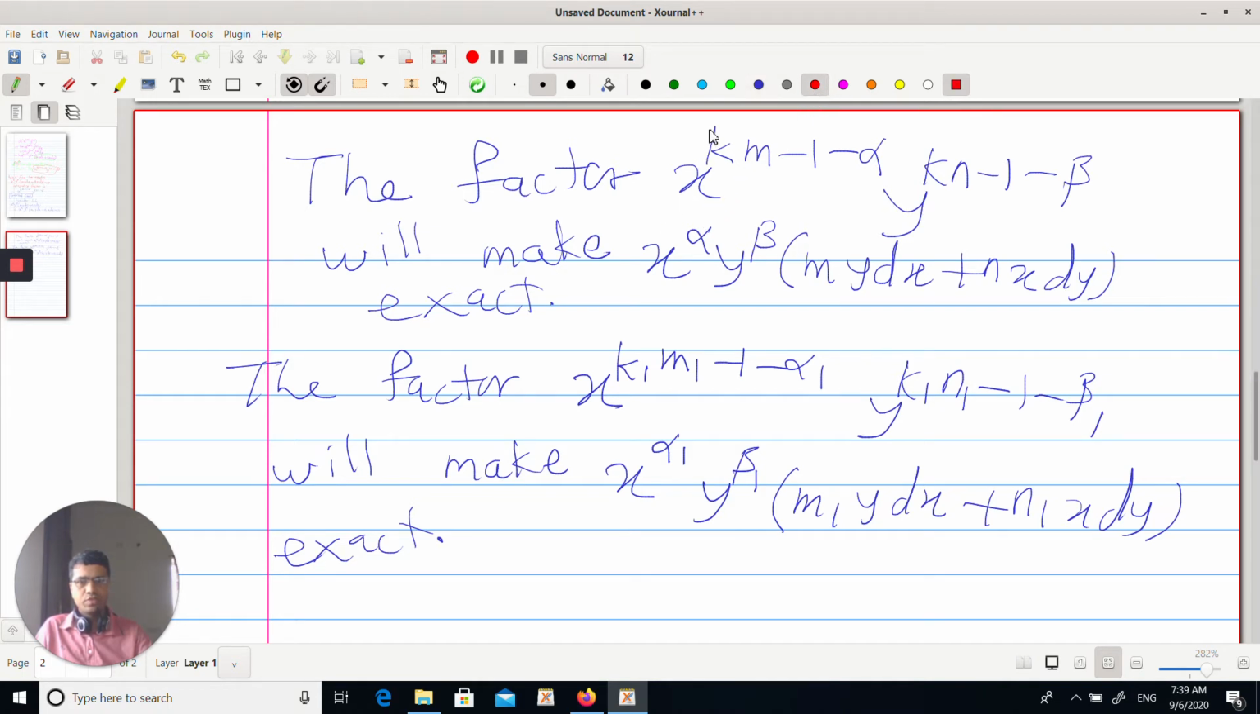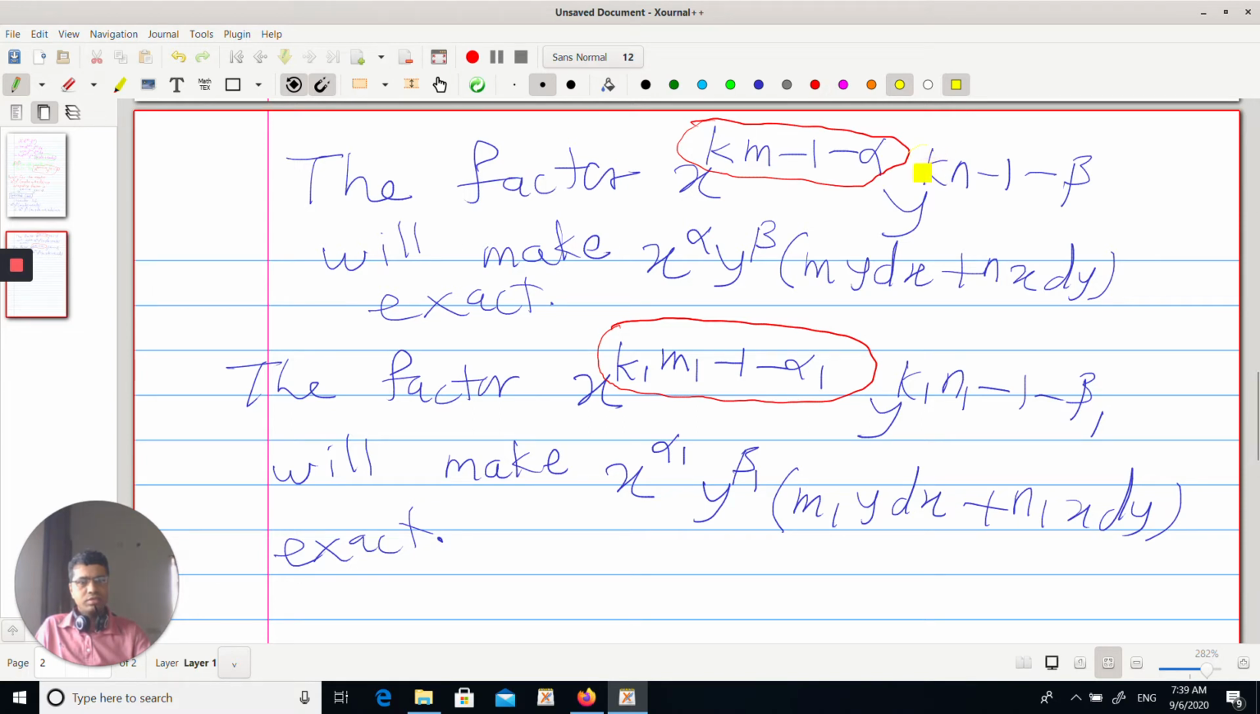Say here for the first integrating factor the power is km minus 1 minus alpha. For the second integrating factor the power of x is k1 m1 minus 1 minus alpha 1. So we equate these two factors. The known things are m, m1, alpha, alpha 1; k and k1 are unknown. Similarly, in the second,